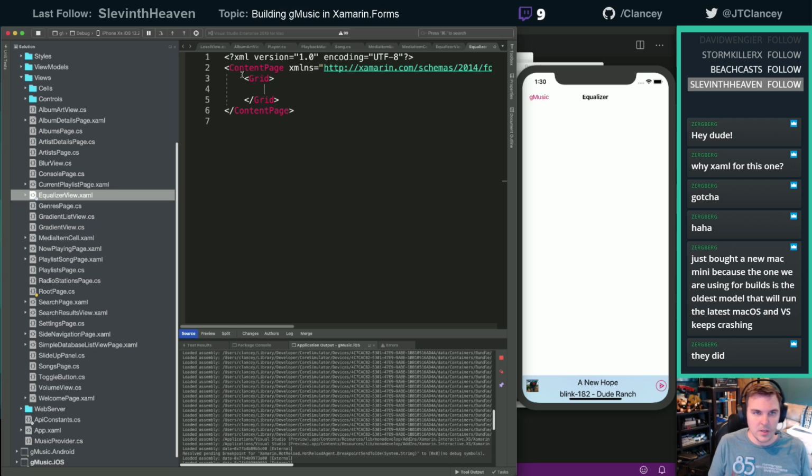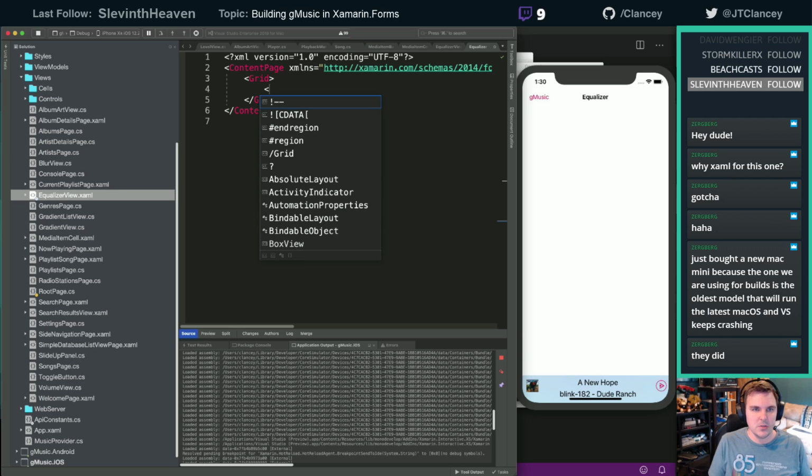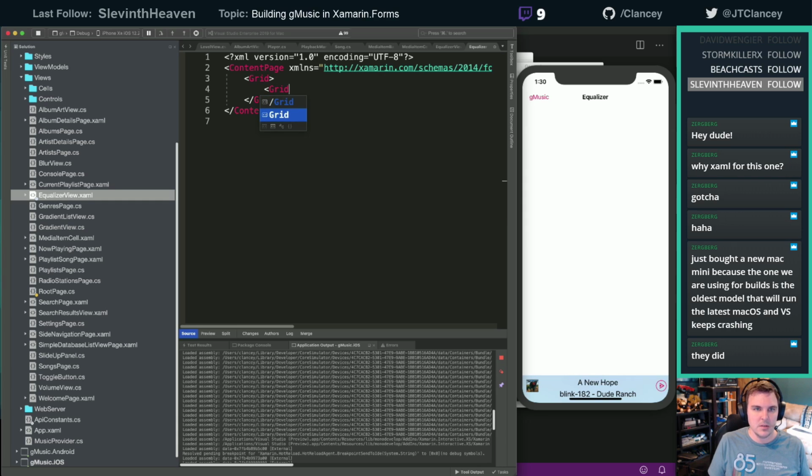All right, so inside of our grid, we're going to do grid definition, or we want to do columns first. We'll do 2 columns. Oops. Okay, there we go. Control I to reformat that.